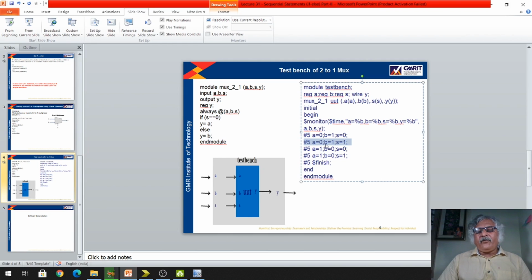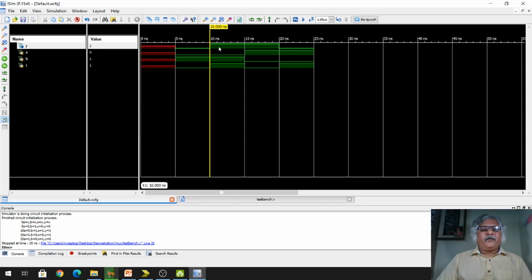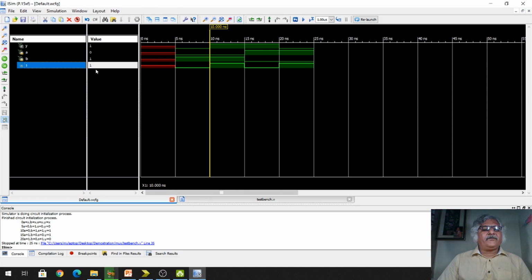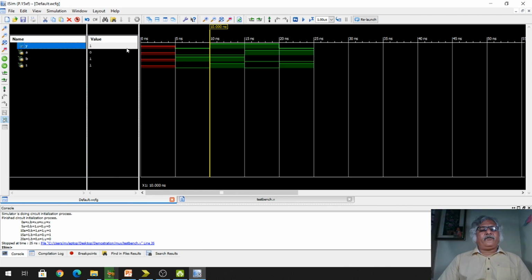So Y will become 1 because B is 1 here. So we will check this. Now you can see output. S is 1, A is 0, B is 1. So Y will be 1. So we are getting 1. In this way you can check.